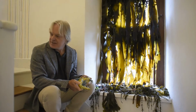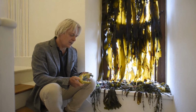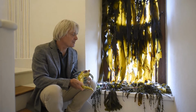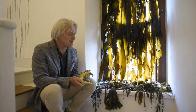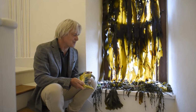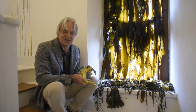If you go up the stairs, I think we're halfway between the first and second floor, you will find another world, a world of sea smells. And well, it's certainly sea smelling at the moment, and I'm sure if you come and visit it will be smelling slightly differently, maybe look quite different to this as well, but for now it's the home of these creatures,